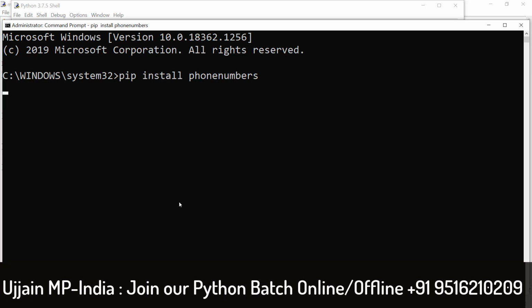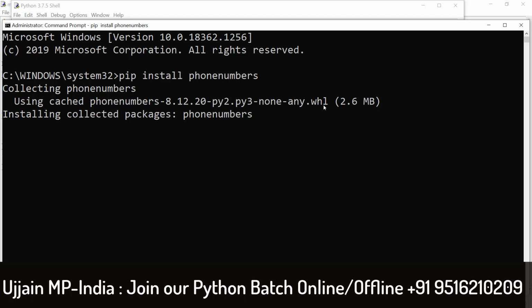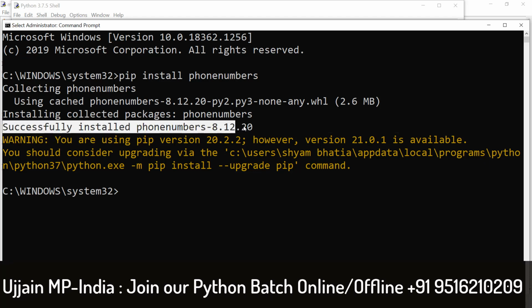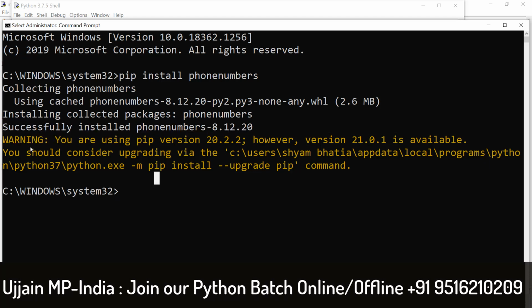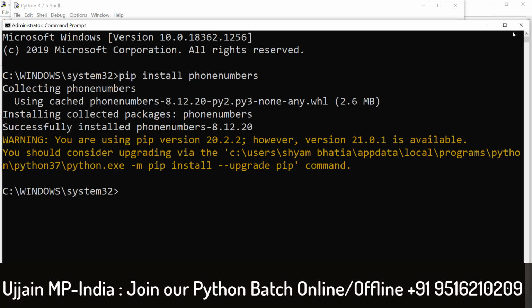After a few seconds, it will give the installation. So the installation process is going on. In the same way you have to do it. One wheel file is downloading here, and in a few seconds it will install. Same process you have to follow. And if you find something interesting, then just like this video, okay. It is successfully installed, okay. You can ignore this statement, because it is only about the higher version of pip.